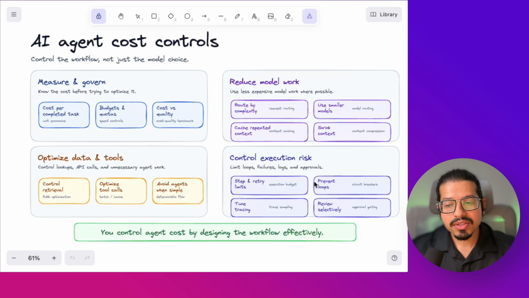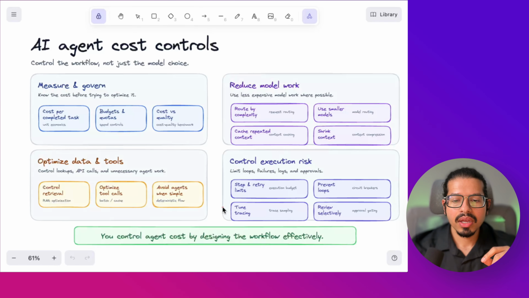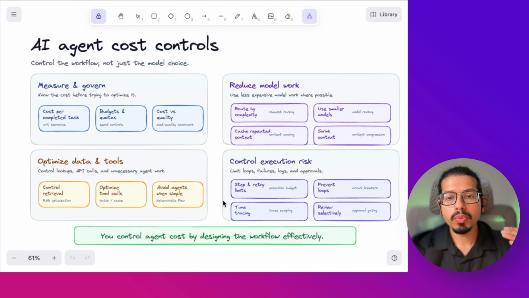And this leads us to the next approach, which is to prevent loops. If the agent keeps repeating the same step or calling the same tool again and again, stop the workflow. Next is to manage the tracing. Now, logs and traces are useful, but you may not need to store every detail forever. Keep just enough visibility to debug and govern the agent, but do not let observability itself become an uncontrolled cost,